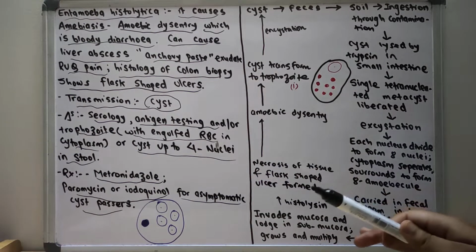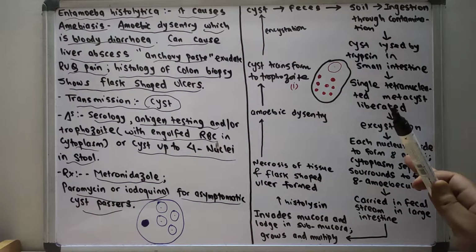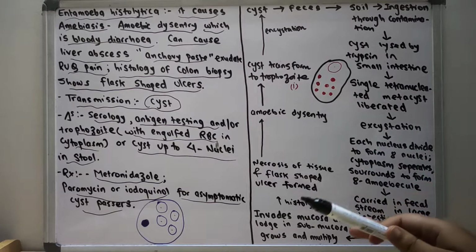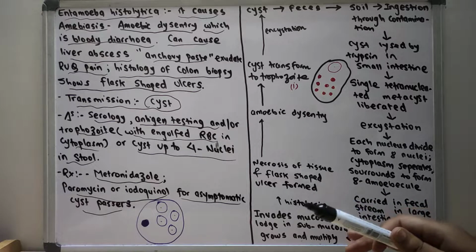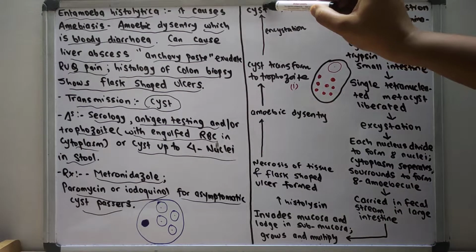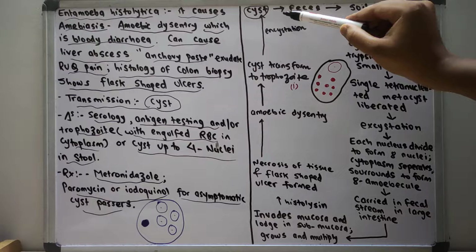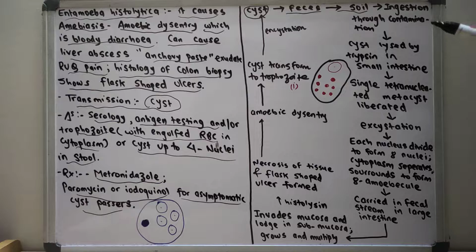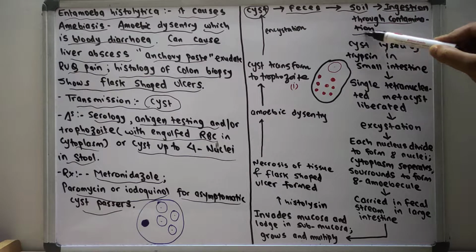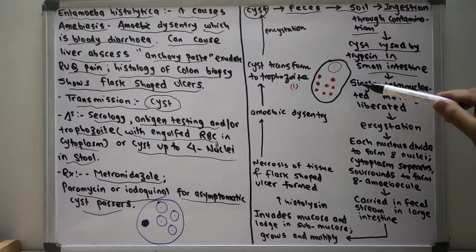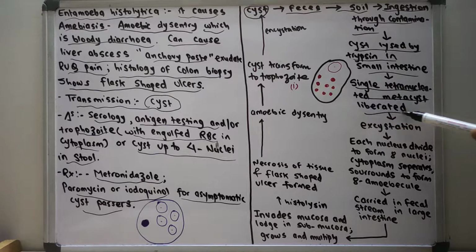Now for the detailed life cycle of the Entamoeba histolytica we are going to read here, so that you will be clear how there is the contamination, how there is transmission, and how the disease occurs in the person. So a person having cysts of the Entamoeba histolytica passes them in the feces, and it contaminates the soil, and from soil if there is ingestion through the contamination, the cyst is taken up in the small intestine, and in the small intestine the cyst is lysed by the trypsin, and single tetranucleated metacysts are liberated from the cyst,